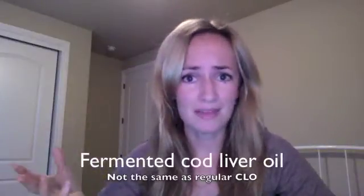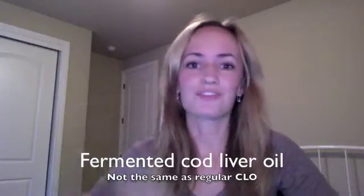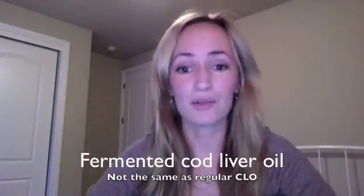And then that's providing 19,000 international units of vitamin A and 3,900 of vitamin D. And so keep in mind, this is for the high vitamin fermented cod liver oil. It is a lot different than your standard cod liver oil you might find in a health food store. We went over that last week. So, and then in addition to the cod liver oil,